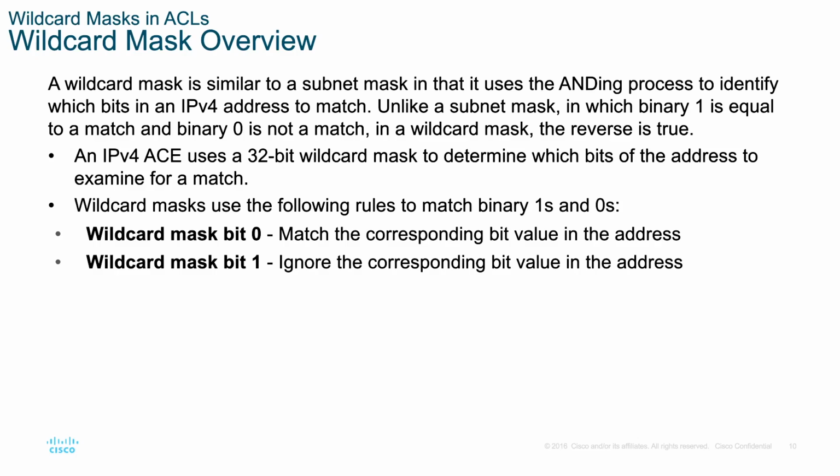As we're comparing IP addresses, you'll put in an IP address and then you'll put in a wildcard mask stating which bits of that source condition need to be matched